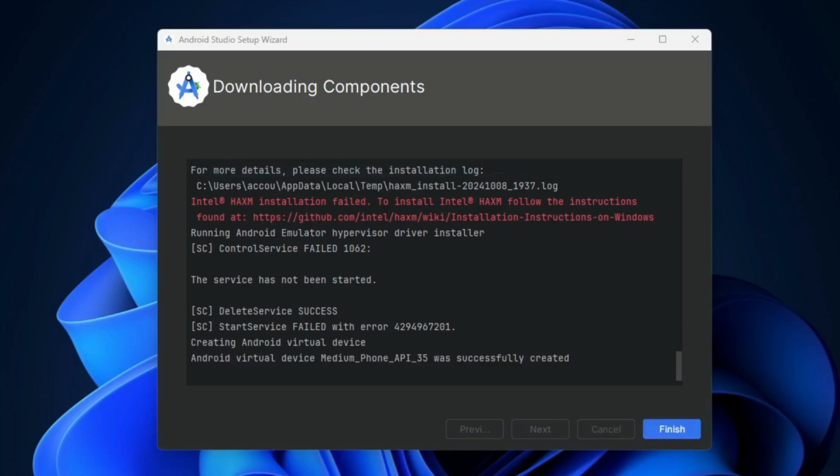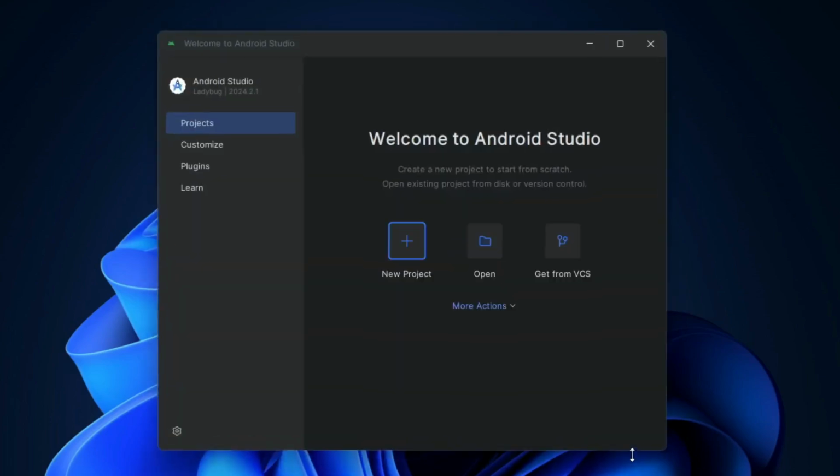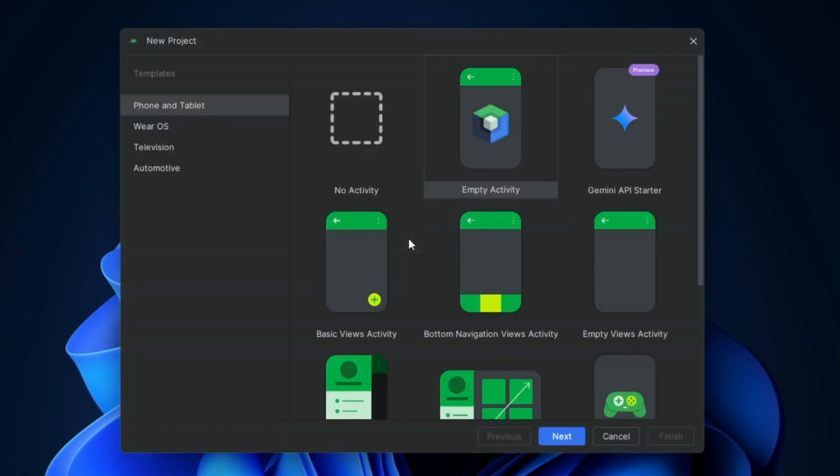Now component downloading has completed, so click on finish. Now you can create your first project. So click on new project, click here, and first select empty views activity. Do not select empty activity, select empty views activity and click on next,